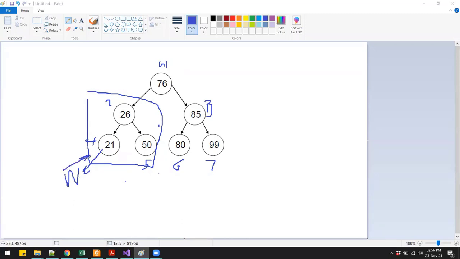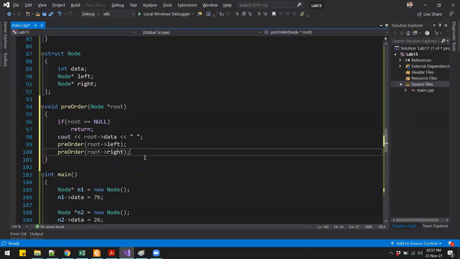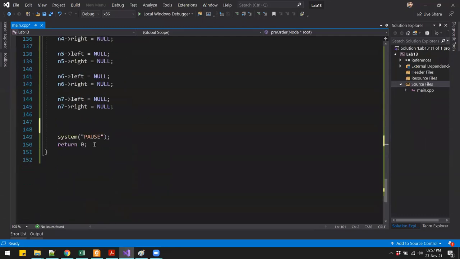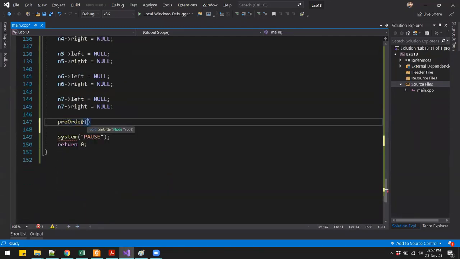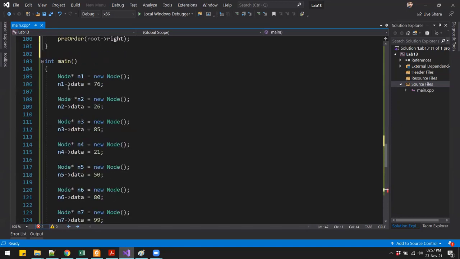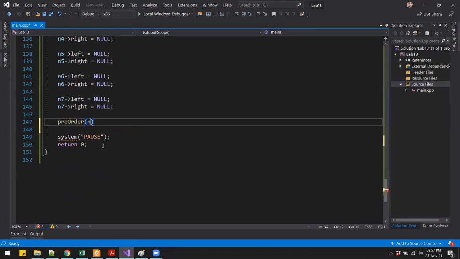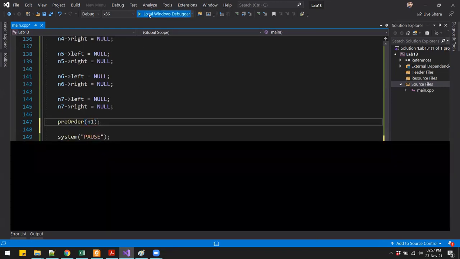Now let's call this function and see if that works. We'll call the preorder function and pass the root node. In our case, the root node is n1, that is the first node in our tree. Let's see if this works.